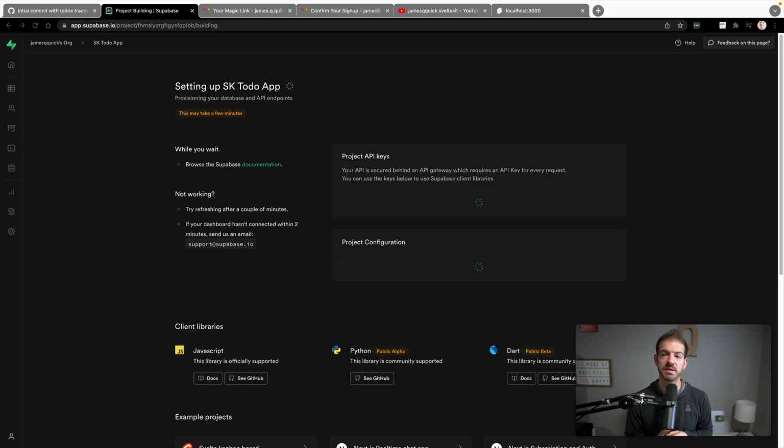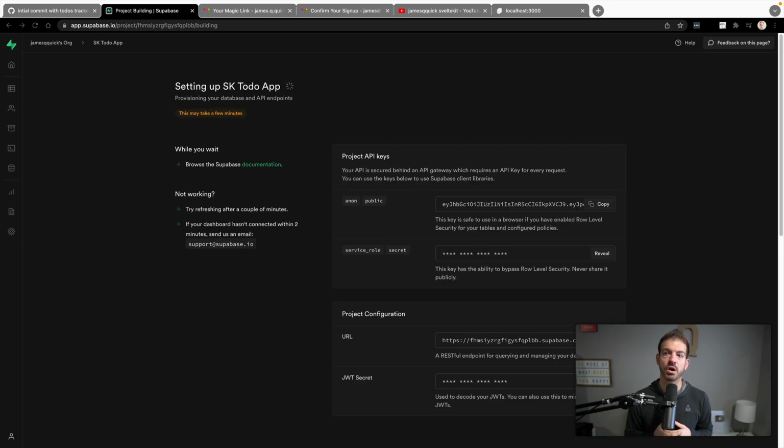And so in that to-do table, while this is loading, we will need only a couple of different properties. We'll need the actual text itself. Then we'll need a completed, which will be a Boolean flag. And then we'll need the user ID for the user who actually created it. Now we'll start without worrying about the user, and then we'll work on getting the user integrated as we add